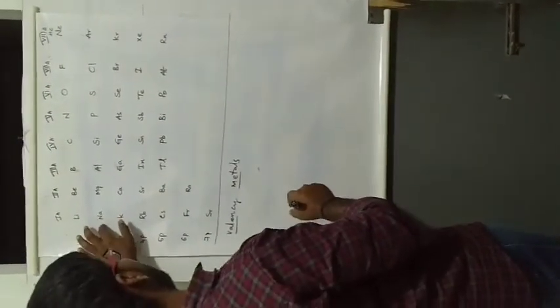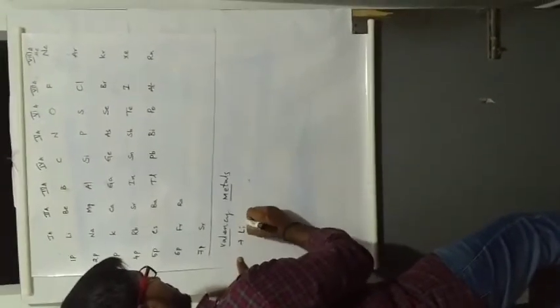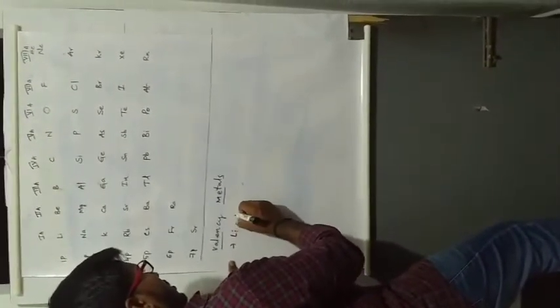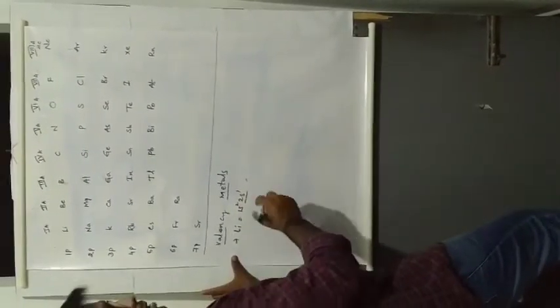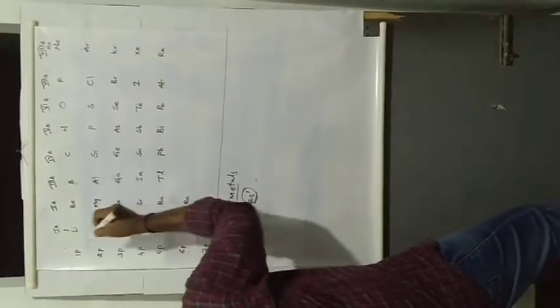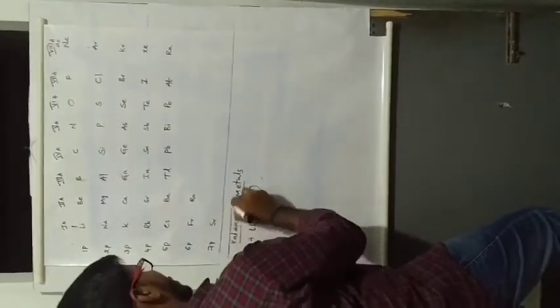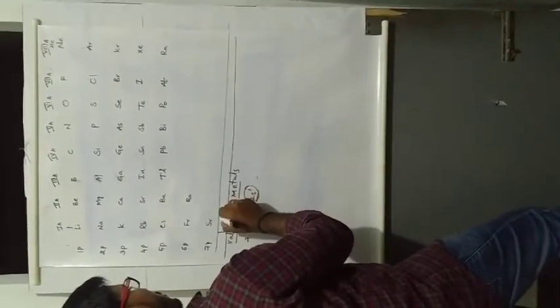So first A group elements, all elements contain valency 1. So already we discussed first A group, electronic configuration 1s2, 2s1. The outermost electrons present is 1 electron. So valency of first A group is 1. So you can write here: valency of first group element is 1.